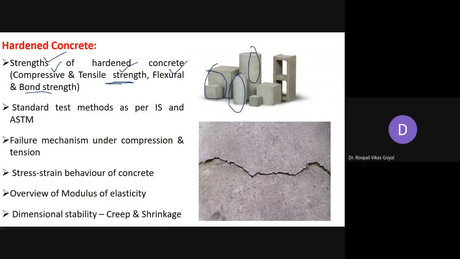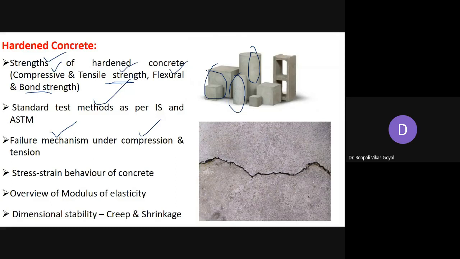For flexural strength, generally we are casting a beam. You will come to know that when we discuss the testing aspect. So these are the standard test methods that we should know for the strength of concrete. Basically three strengths are very important for concrete: compressive strength, tensile strength and flexural strength, and we are checking them in the laboratory. And bond is the bond between paste and aggregate, as well as paste and reinforcement.